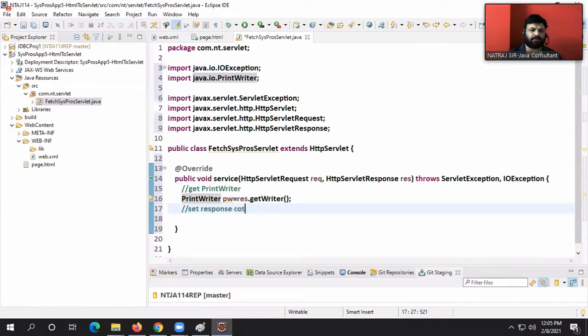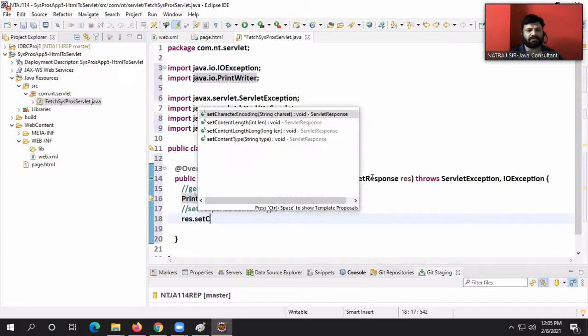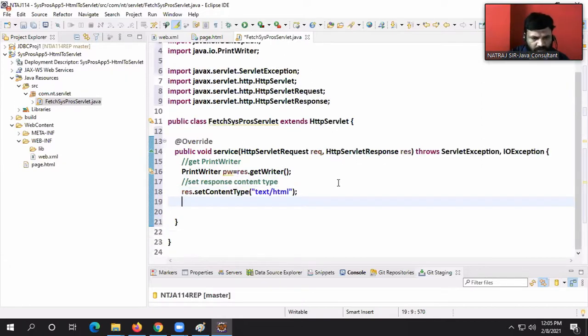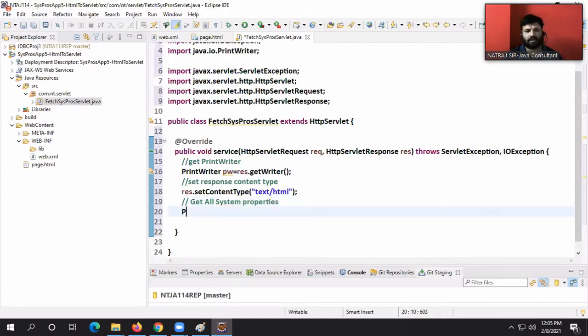Set the response content type. res dot setContentType text slash html. Cool now, boss. Text slash html. Fine. Get system properties, get all system properties. Yes, guys. Next.